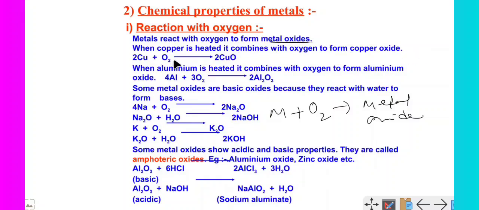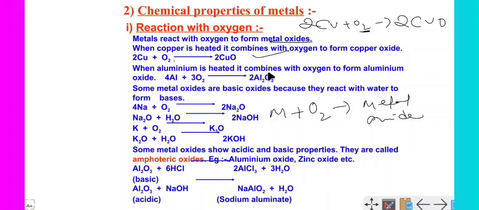So this is the copper, this is oxygen. They combine. Here I have already balanced this chemical reaction. Cu plus O2 will give you what? CuO, copper oxide. Here oxygen is 2, two atoms of oxygen, but here we have only one atom of oxygen. So for balancing, I have to write 2 in front of Cu. So this is now balanced. Similarly, this is balanced.